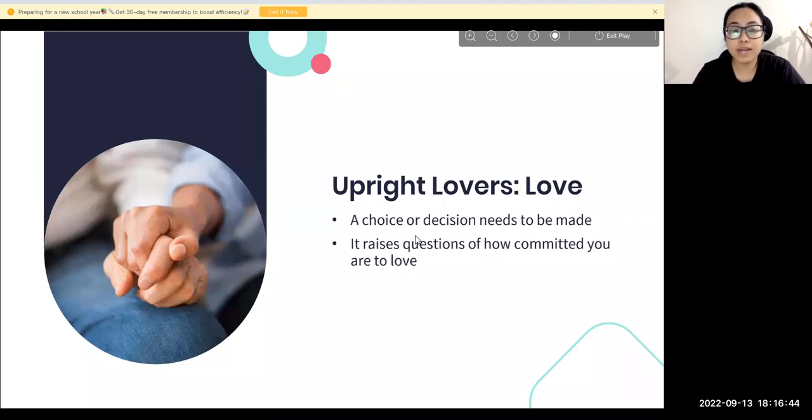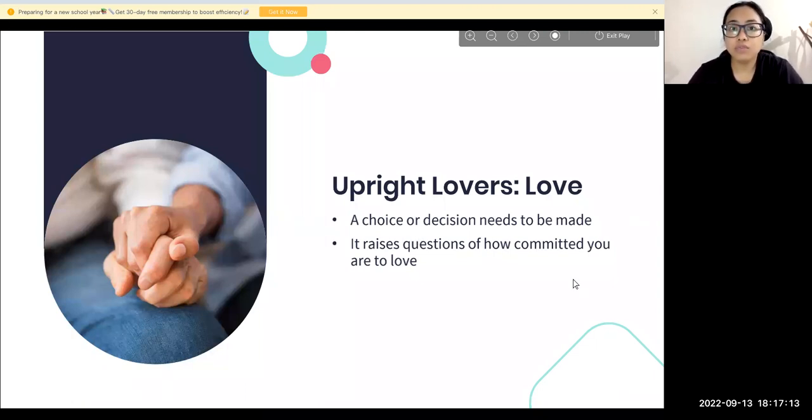It also says that, as I told you, if it is a question like, I like this person, shall I move on with this person, or is this the right person for me? When this kind of question comes and the Lovers card comes, then it means that yes, you have to make a choice, and the choice should be from your heart, and choose whatever you feel from your heart, right?